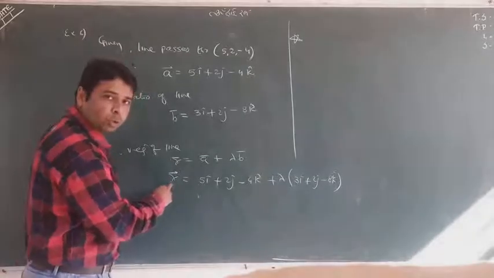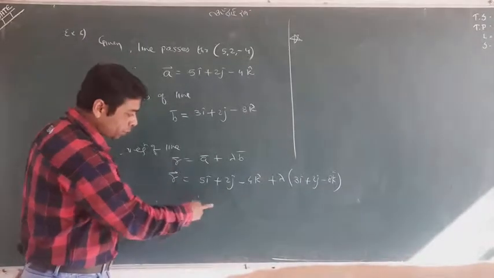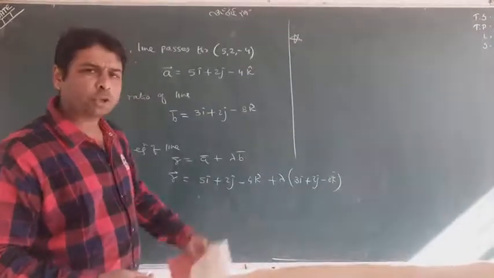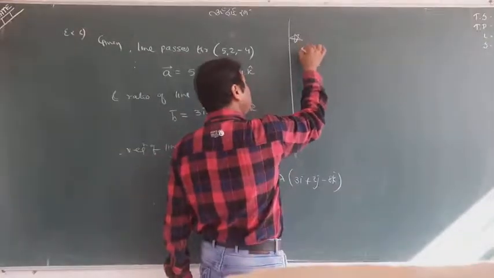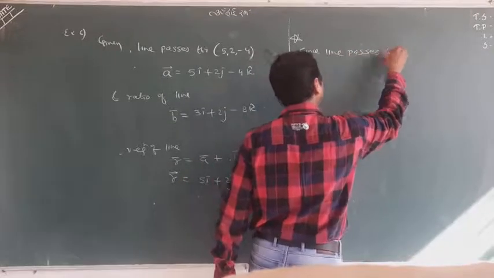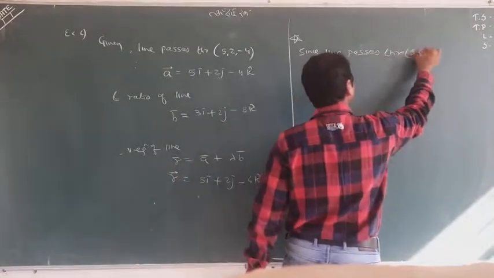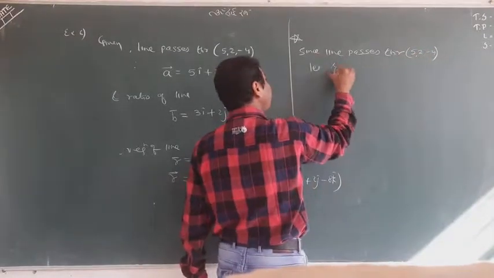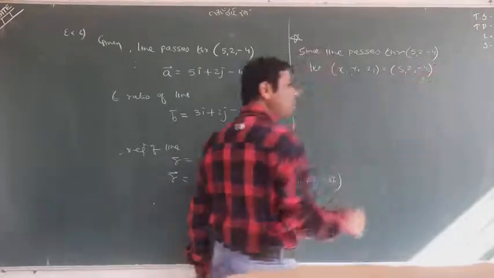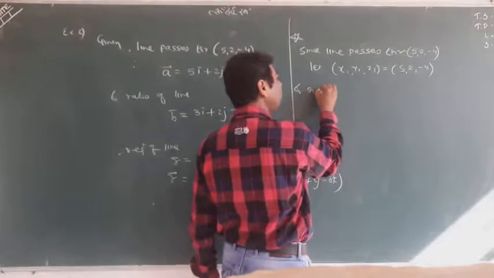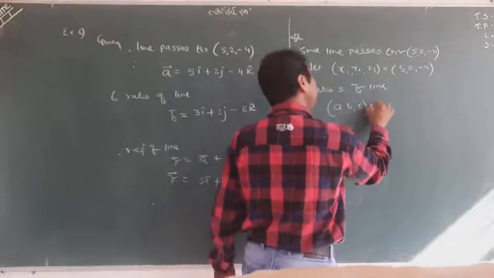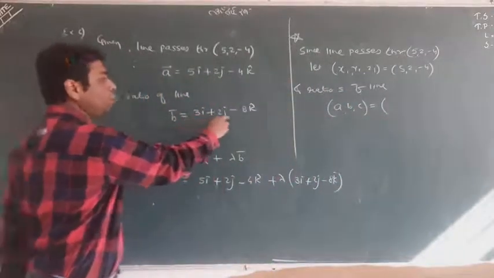You can write r equal to xi plus yj plus zk, take i, j, k common and then compare. You can get the answer, but it comes with a too long method. So do it shortly. I said in the second form, since line passes through the point (5, 2, -4), say it is x1, y1, z1. We are finding the Cartesian form, and the ratios of line normally called a, b and c, which we can find from here, 3, 2, minus 8.